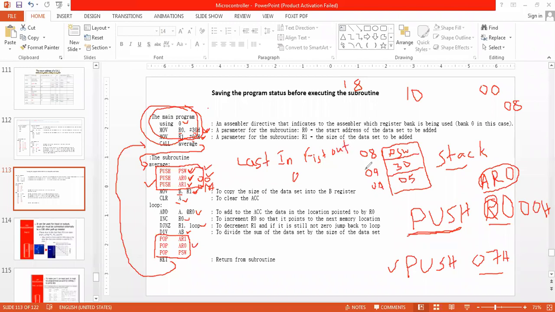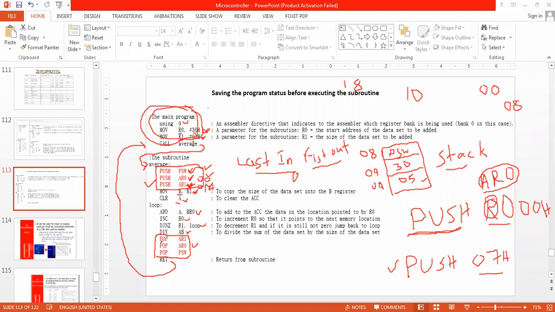Okay, so what was the last in for the stack? The push AR1 was the last input for the stack, correct? 0, 5. Now what should be the first output? The 0, 5, that is AR1, should be the first output from the stack.